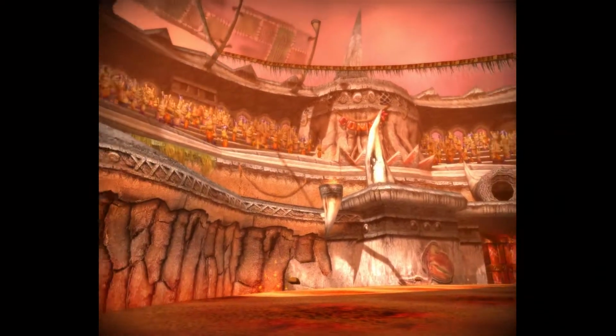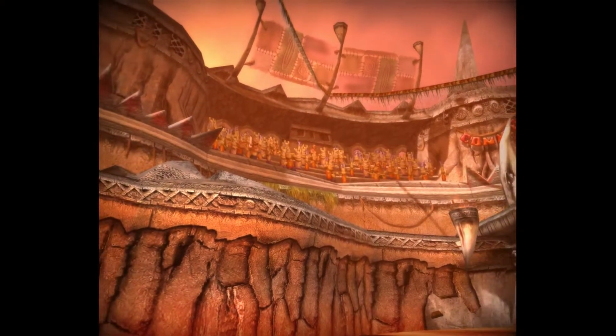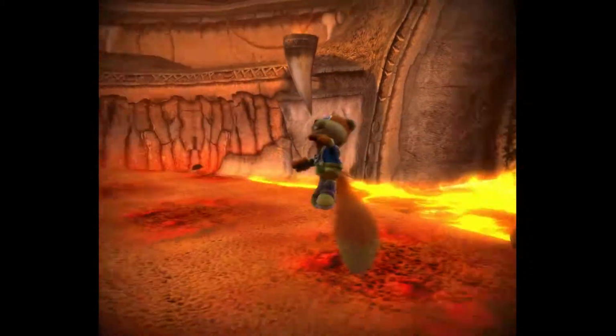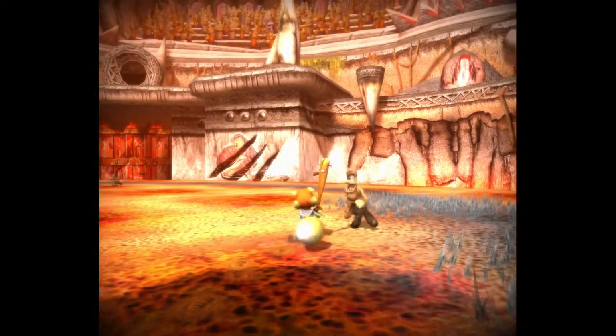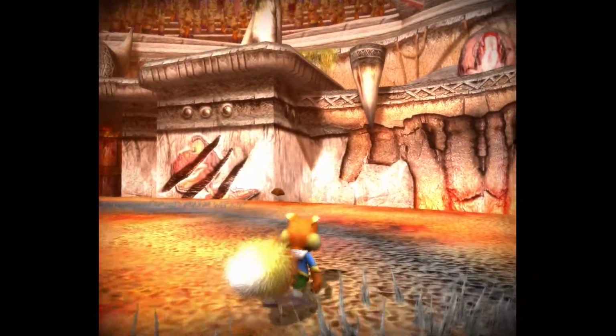Yeah, the Dinosaur Coliseum, this looks a lot better in the remake. You can even see little cavemen in the crowds. They're a lot more animated in this version. In the N64 version, they only had one kind of animation. They were just waving back and forth, and so